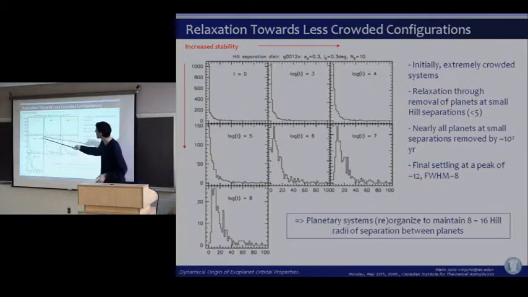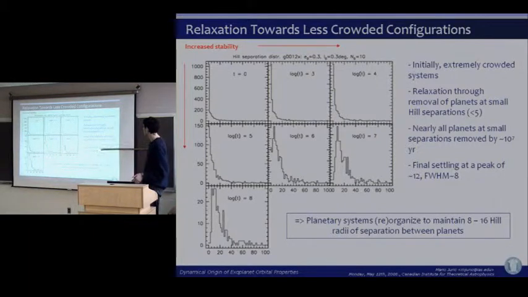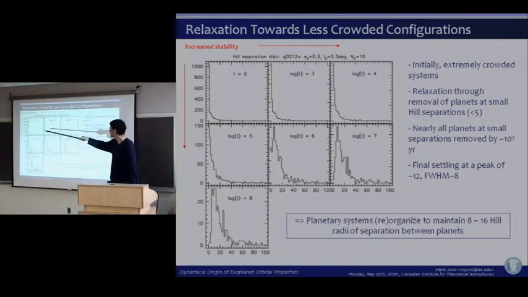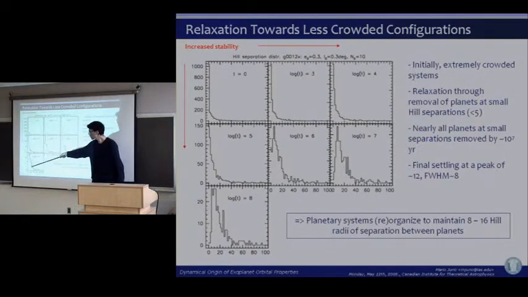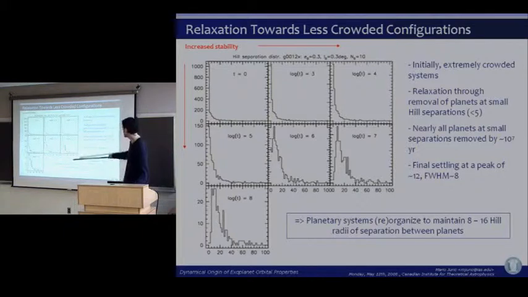And the second thing is nearly all planets have started from this peak. So most of the planets that form this peak in the end have started from this large peak in the beginning. The final settling is at a peak of about 12 with full width of half max of 8. So the planetary systems reorganize from this initial configuration to a configuration like this to maintain this type of separations between the planets in the stable